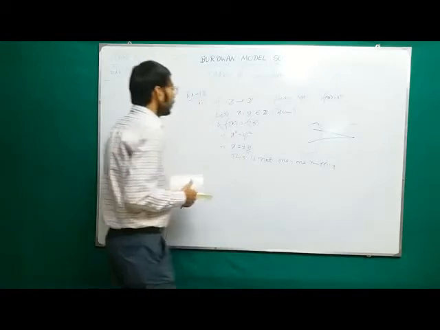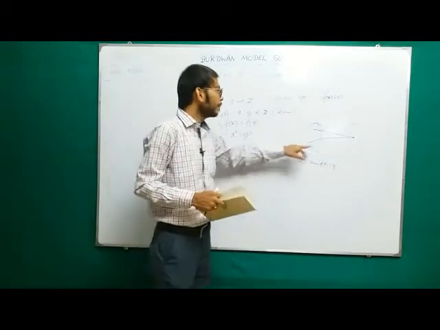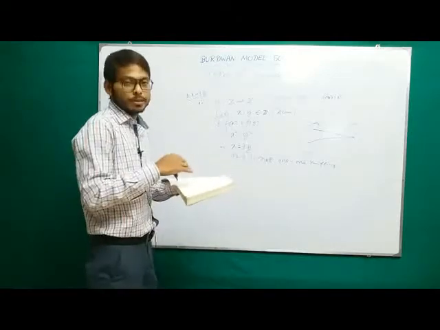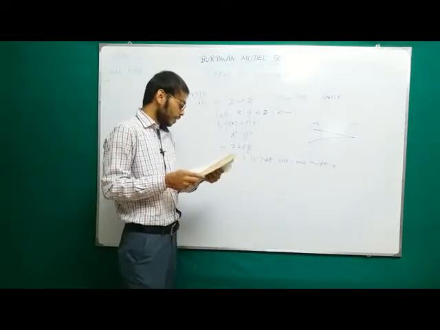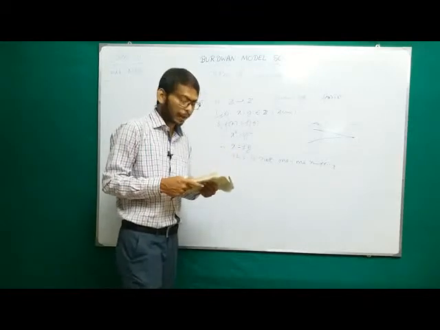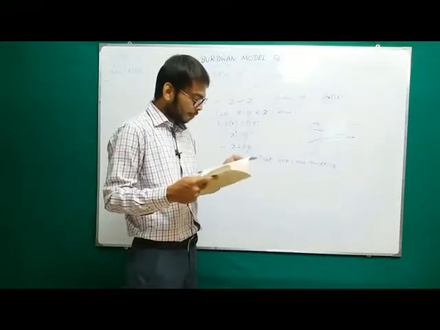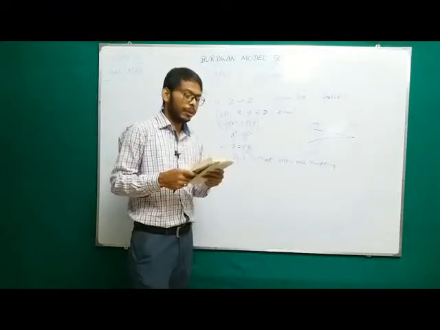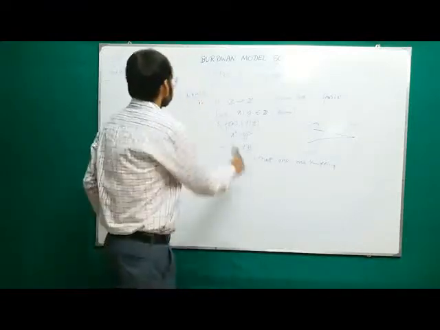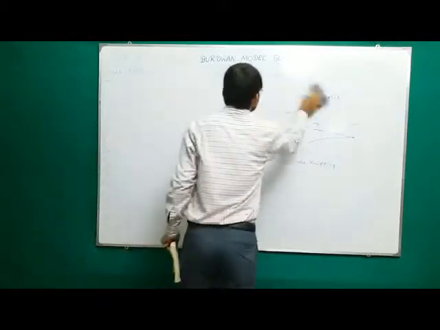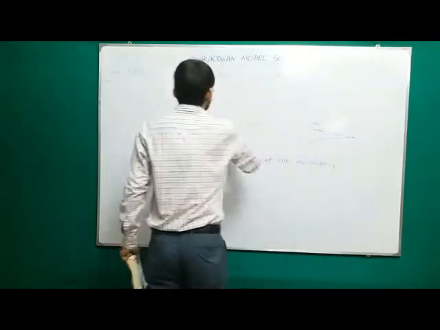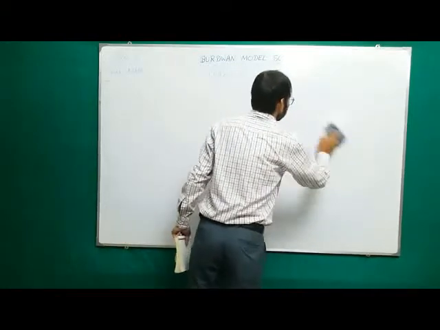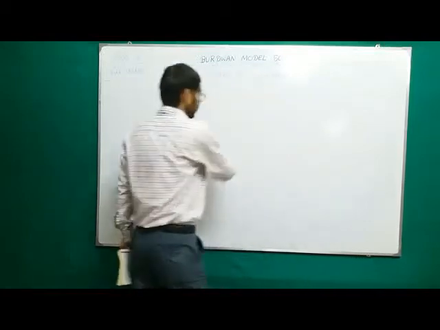This is actually called many-to-one mapping. And for the onto portion, you can do it as we have done before, in a similar way. You can check the onto portion. Okay. Now, questions number 3, 4, 5. Try to do it yourself. Now we will move to question number 5.